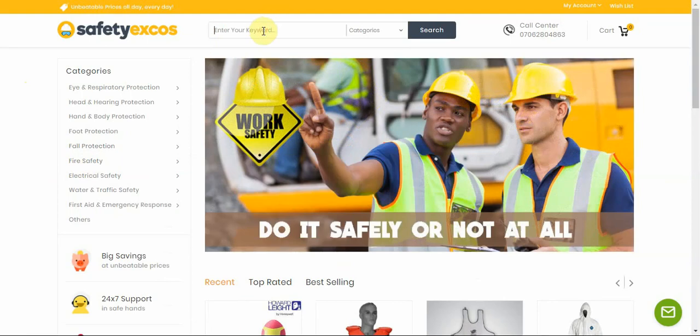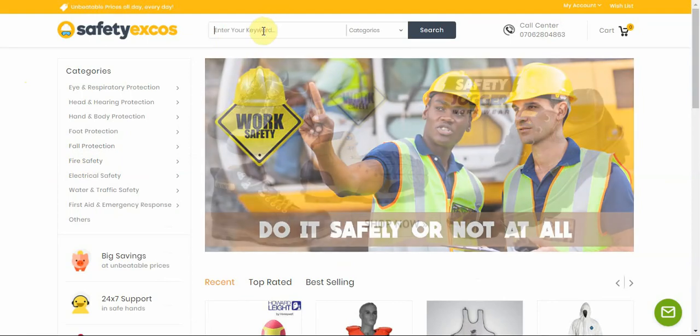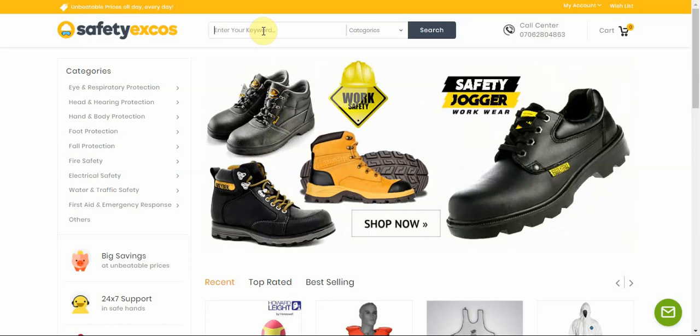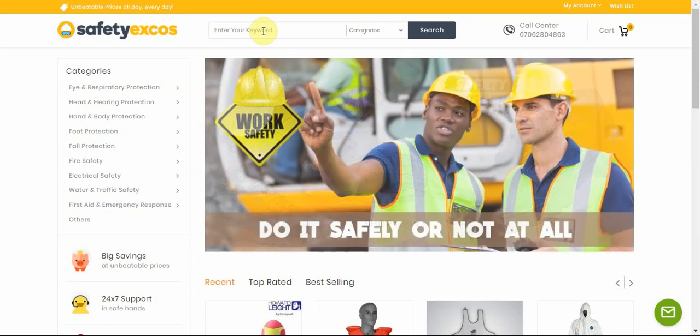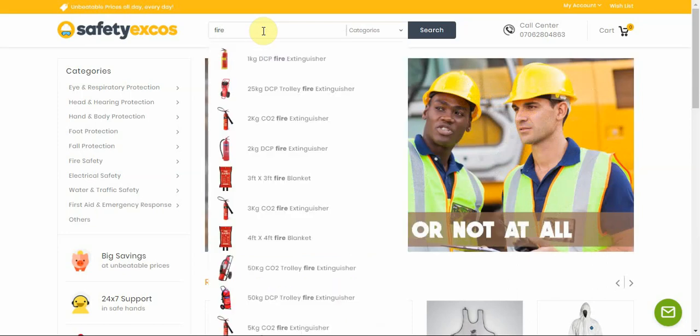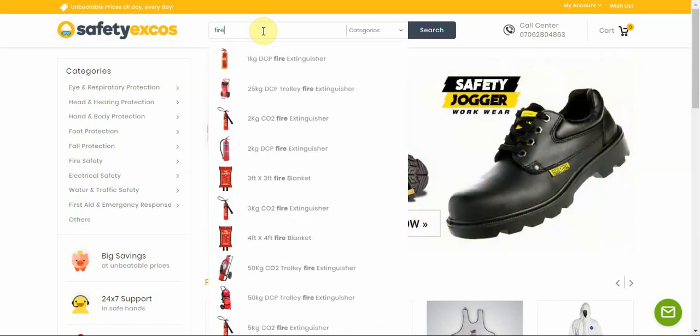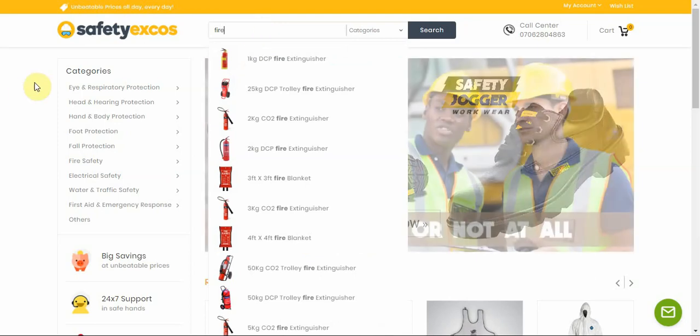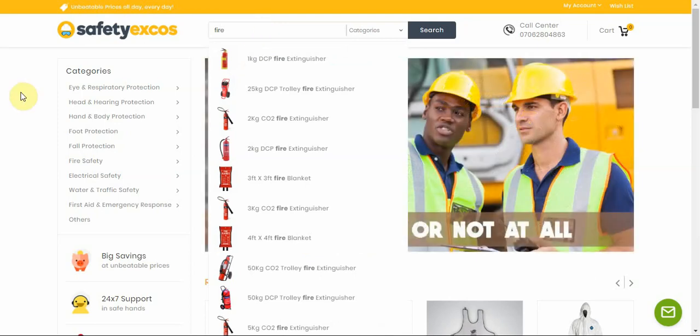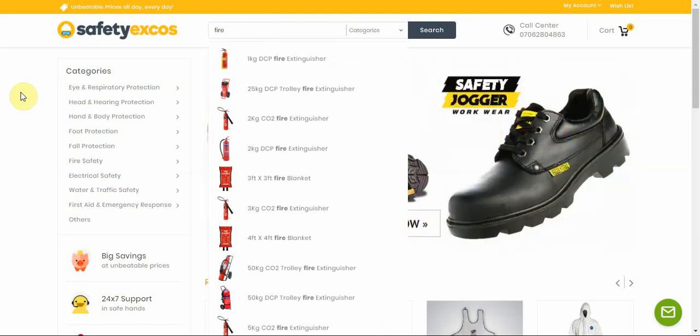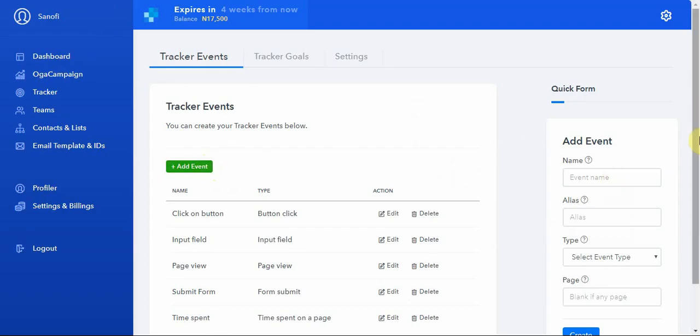Let's say she's trying to target specific visitors, visitors that come to her site and perform a specific action. Let's say she's looking to target visitors that came to her site searching for fire related items. There are fire extinguishers, fire blankets, the fire trolley, and whatnot. This is just to target visitors that have interest in fire related items. And so she can set up the event